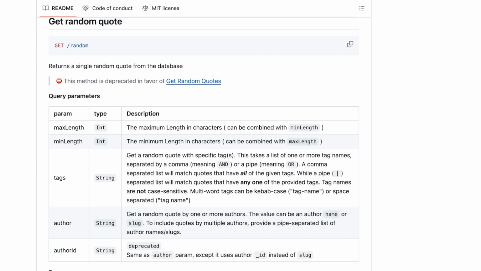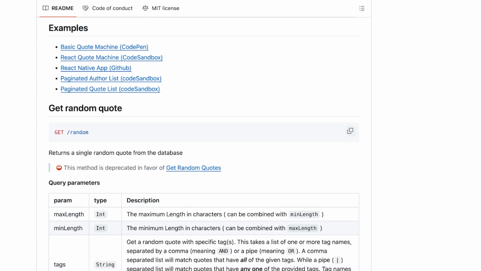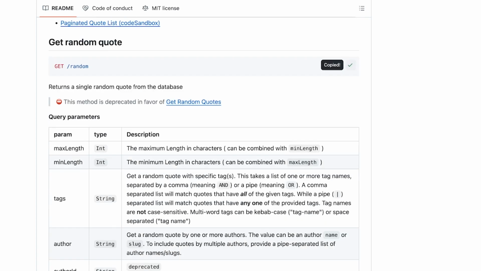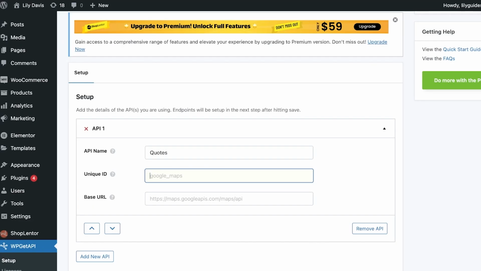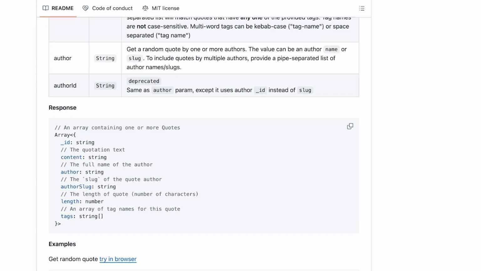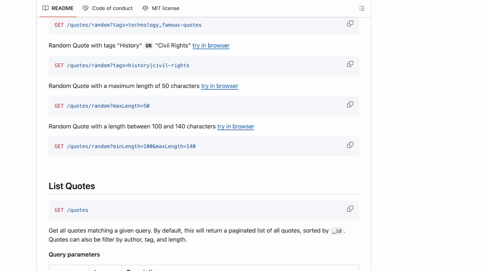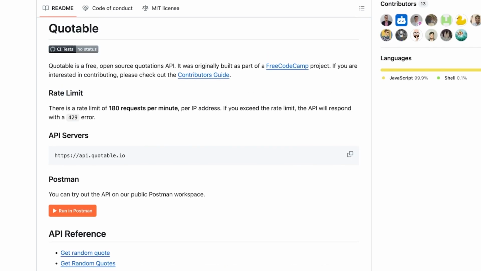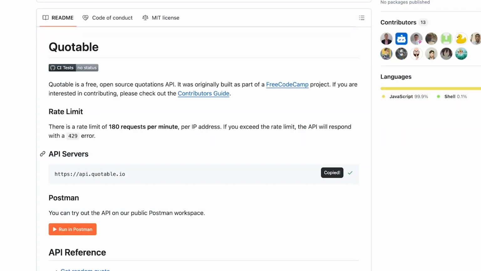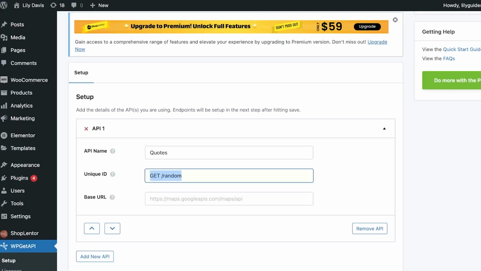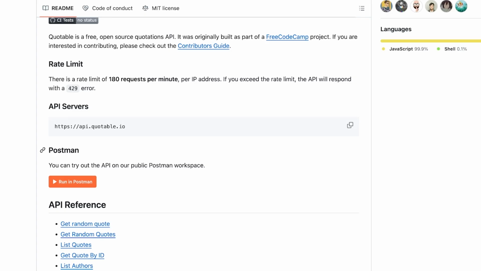So for this, you're going to open up your API, and then you can just copy the API from here. Once you do that, you can simply do Command V to type in your API. This is meant to be the unique ID of our API. So we have a couple of these, but the one that I want to use is over here. We're just going to add that on the website. This is the website. And once we copy the base URL, which is the website, then we're going to scroll